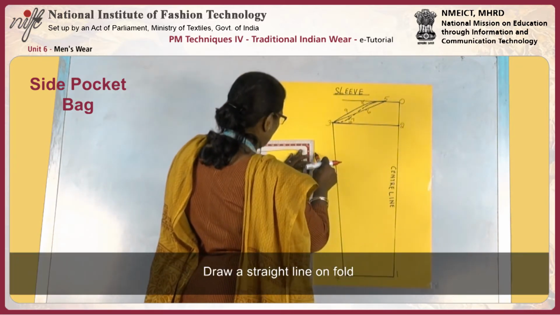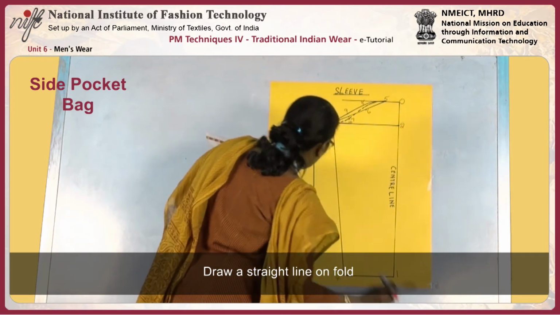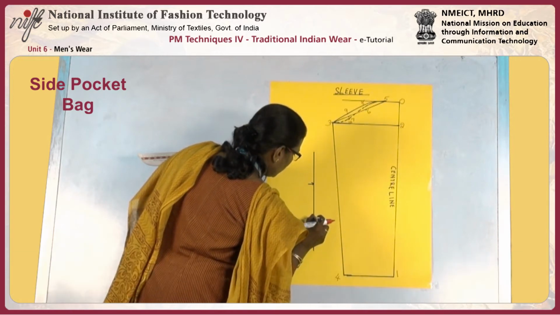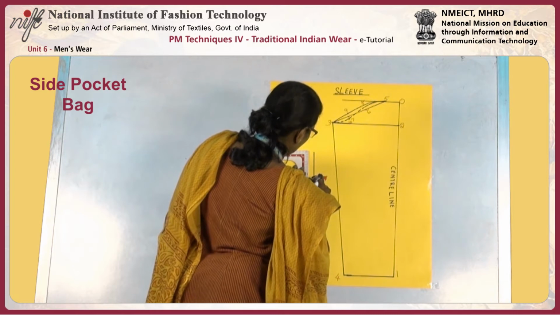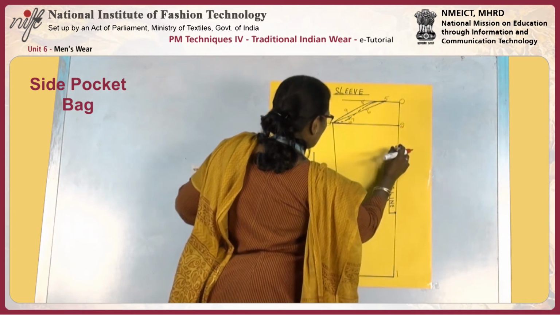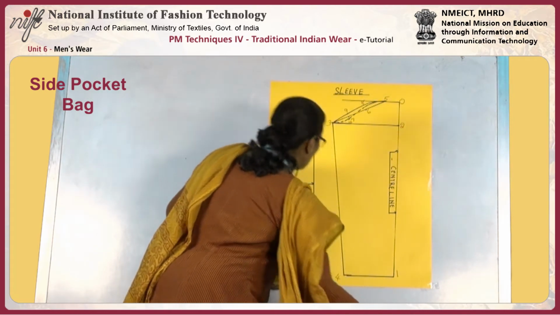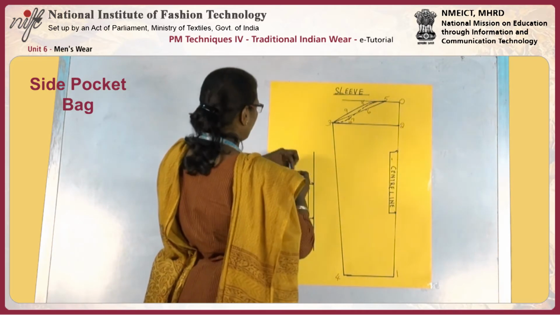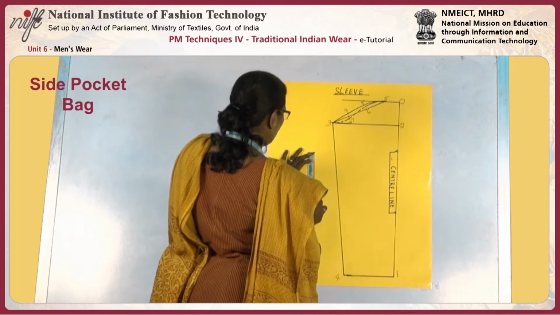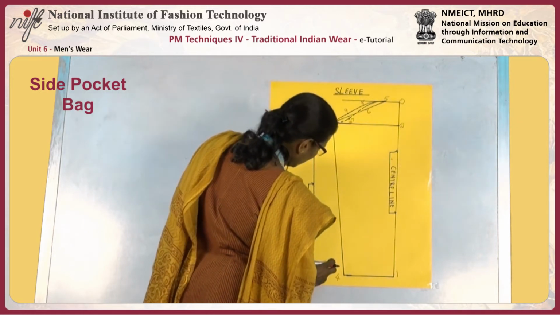Draw a straight line, unfold, the sleeve should also be unfolded, and mark 1/6 of chest plus half an inch, then 1/3 of